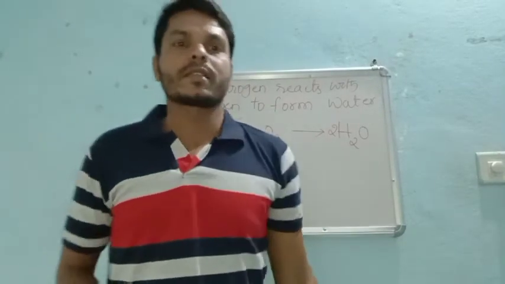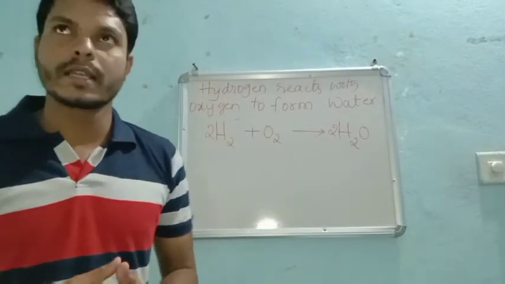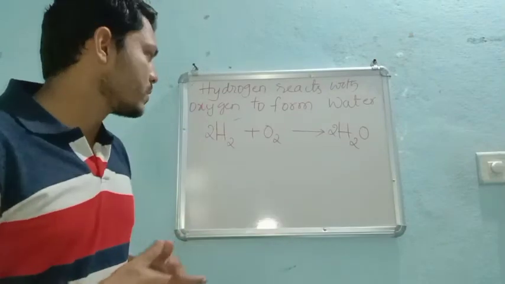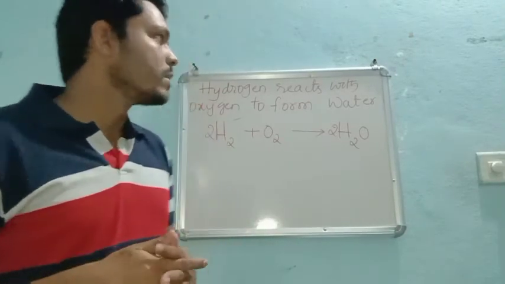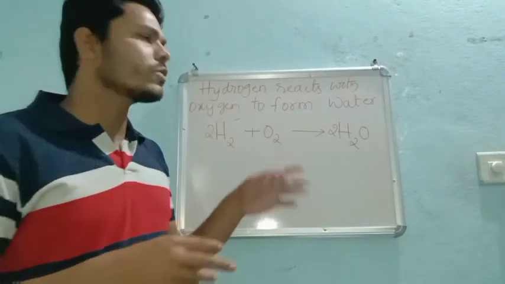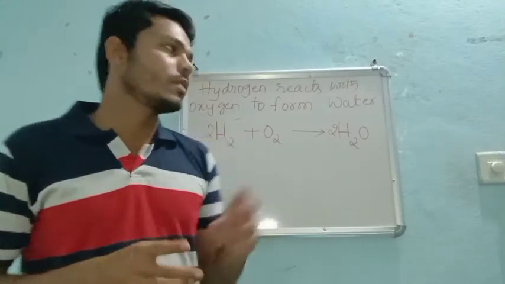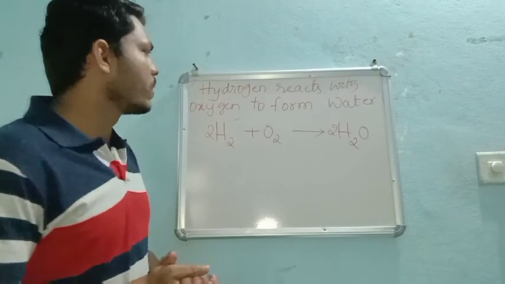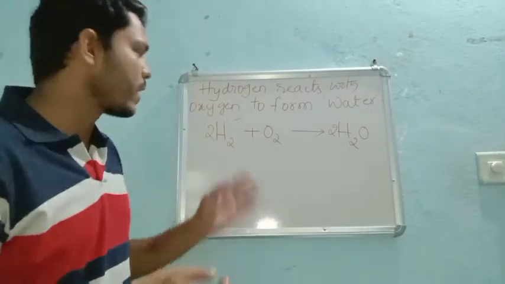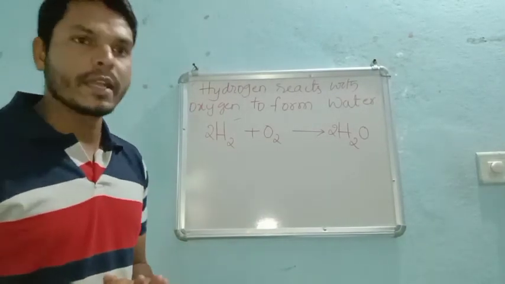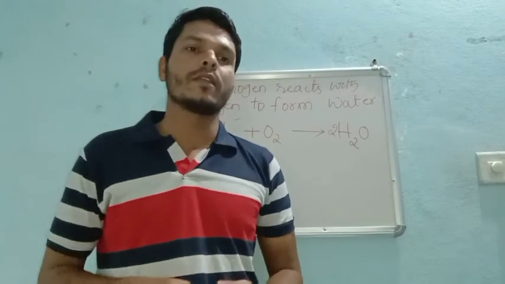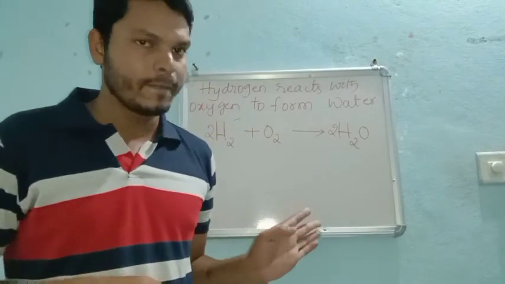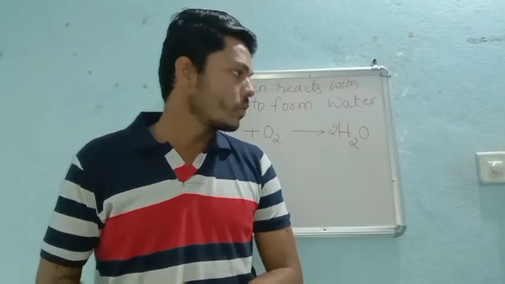We will see some more examples in the next class. For today's class, this much is enough. In the next class, we will see some more interesting parts. You also try some equations. This is a very new part to you, so if you have good knowledge, then try these chemical reactions. Because in SSLC you only had balancing equations, right? So with this, we will conclude this class.